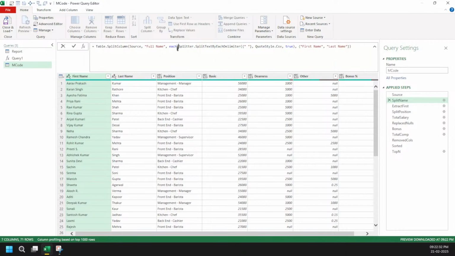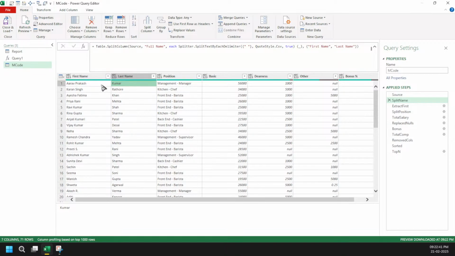So just see here. I'm coming here writing each, and then still I'm coming here and writing this much part. Just see. Everything is same. I'm getting everything same. The only problem right now here is the data types. Got it? So that's a problematic thing because by default Power Query understands when you are splitting, we will be getting a text value.